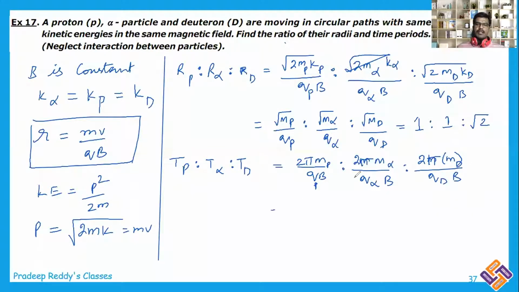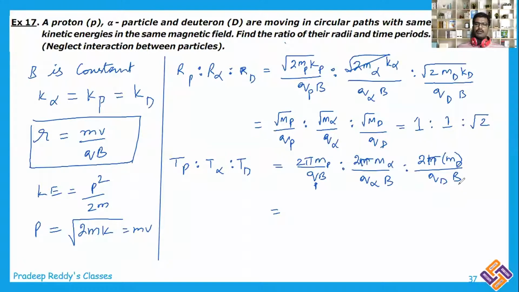So substituting all the values, mass of alpha is 4 times that of mass of proton, and mass of deuteron also you need to substitute here, which is 2 times that of mass of the proton, and charge of the alpha particle is 2 times that of charge of the proton,